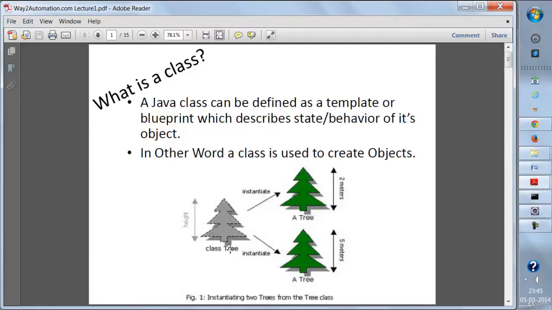Now let's say I have a class over here that is Tree, right? Now again I have some attribute, height. I've given that attribute to this tree and I have defined the height of this tree as 2 meters. In the same way I have created another instance of this class and here I've defined the attribute height as 5 meters. In the same way I can have one more instance of this class, and I can define the height as 4